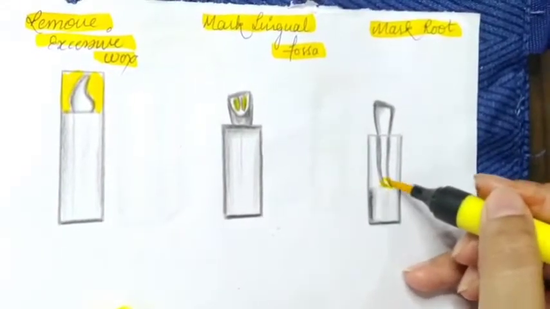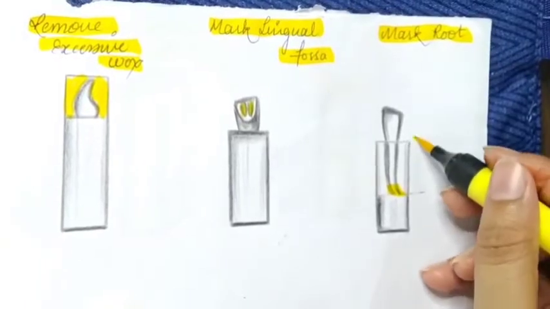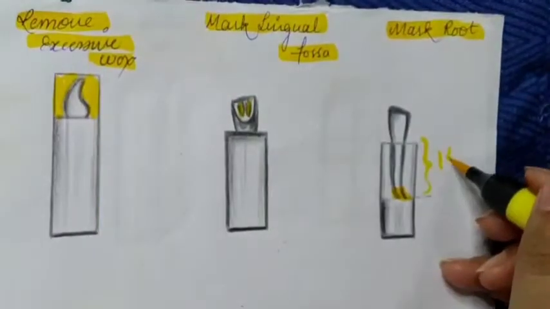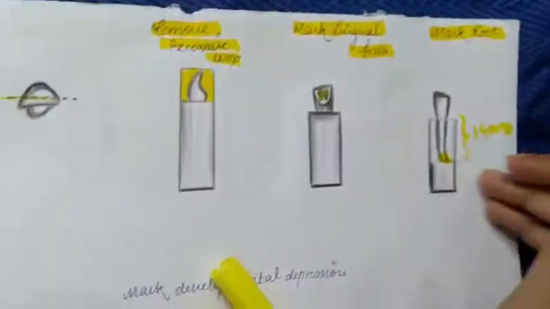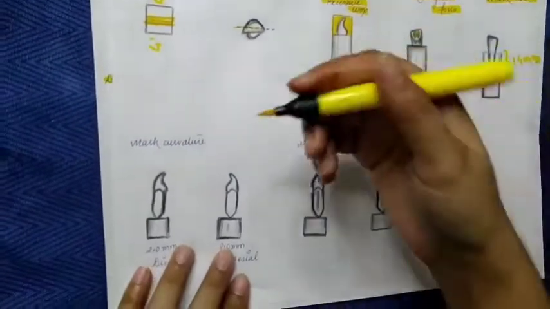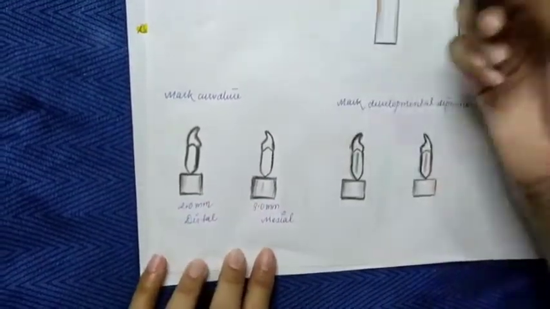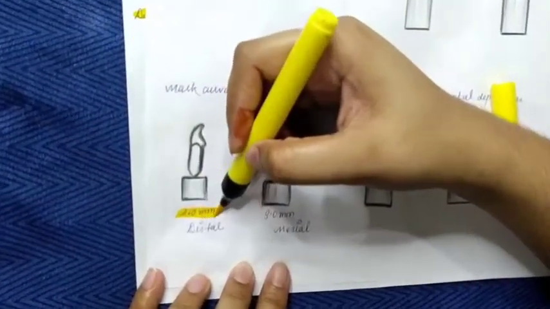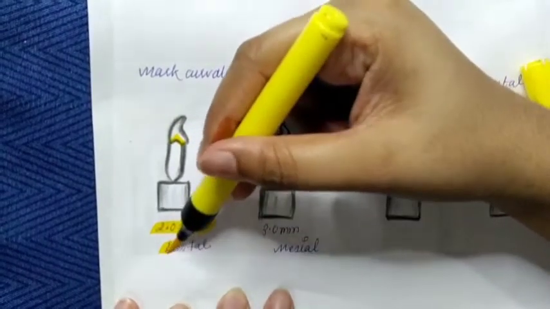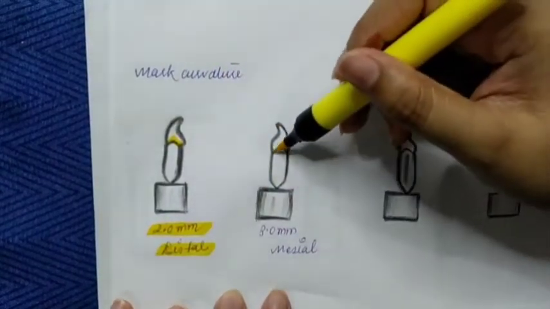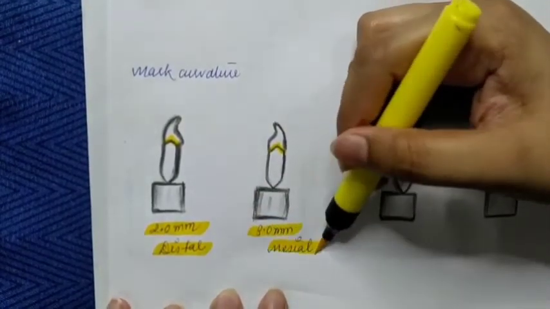Towards the distal side. Okay, you can see over here, this is the apex of the root, which is curved toward the distal side, as previously we have marked. The dimension for the root is 14 mm. Now when we are going to mark our curvature, the curvature at the distal side is 2 mm. Here, this is a curvature, and for the distal side it is 2 mm, and for the mesial side, this is the mesial side, the curvature is 3 mm.